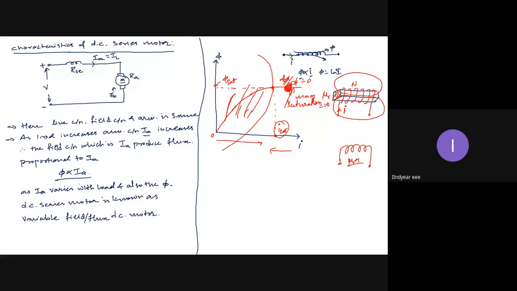So here the flux phi is not directly proportional to Ia. It is directly proportional to Ia only till saturation. Once saturation occurs, flux remains constant, and it is of no use for me because energy conversion stops. I am using the motor to convert electrical energy into mechanical. So when this conversion itself has stopped, what is the functionality of the motor for which I should use it for my application? So this point is important to be taken into account.